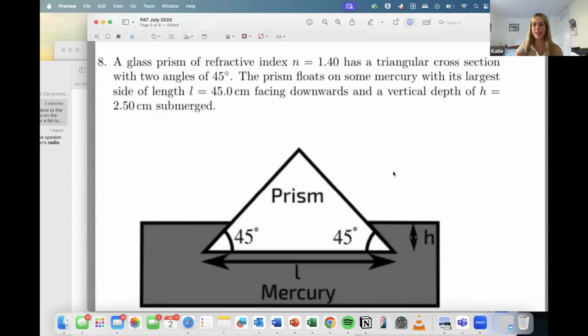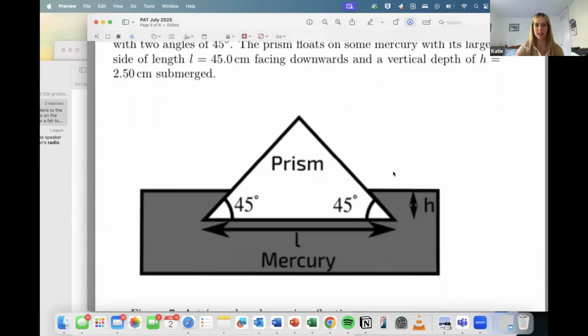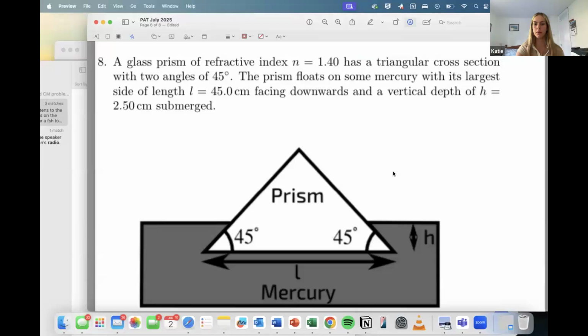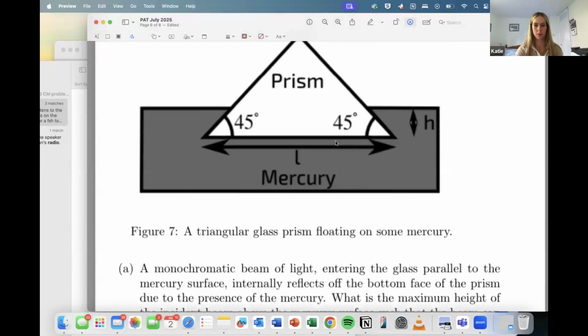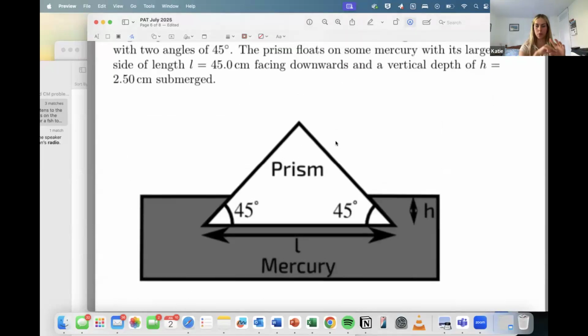So let's go on to question 8. So again, this is quite a tricky question. So it's really helpful to draw a diagram, just to see what the situation is, draw your rays with arrows and label all your angles, because there's lots of angles in this question. So let's try not to get confused with the angles. So the setup is we've got a glass prism of 45 degrees and it's sitting on Mercury. So straight away, we can say that's basically like there's a mirror at the bottom of this prism. So it's just going to reflect off the Mercury, almost like total internal reflection, but it's just reflecting off. So we don't care about the refractive index of Mercury because it's not clear.